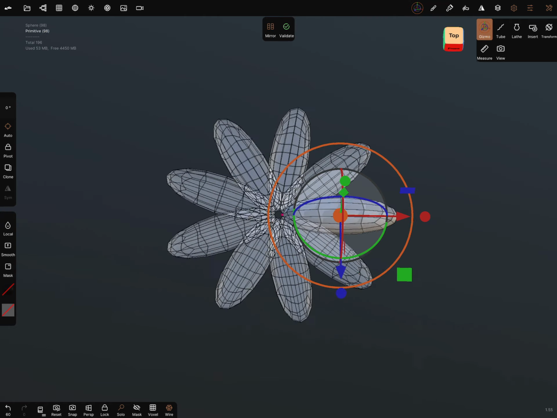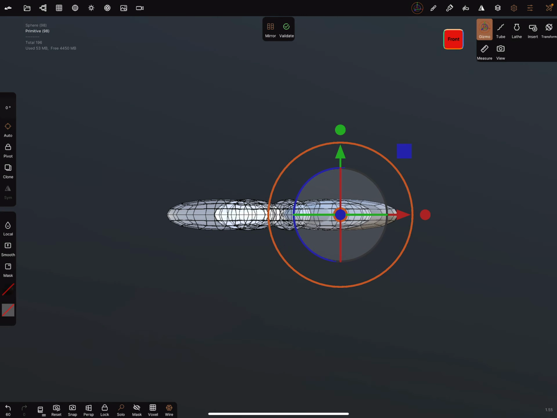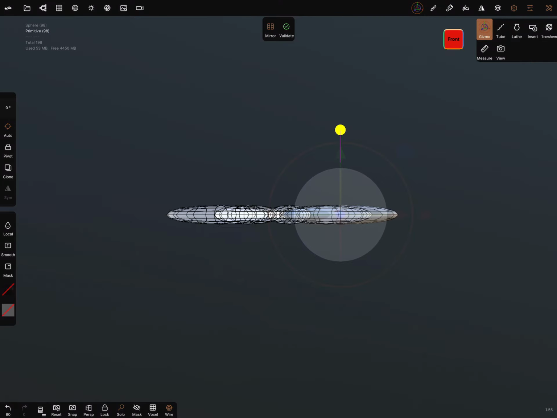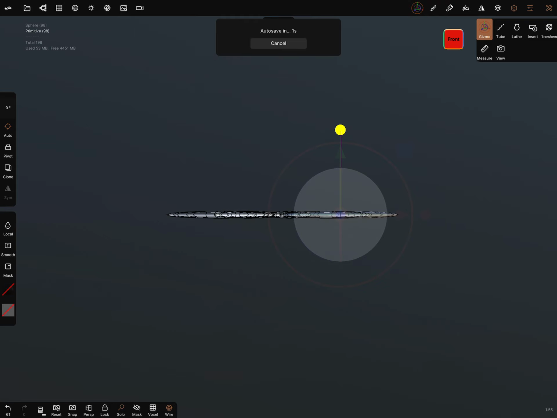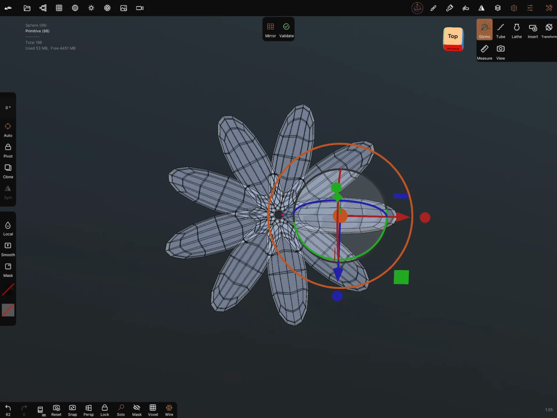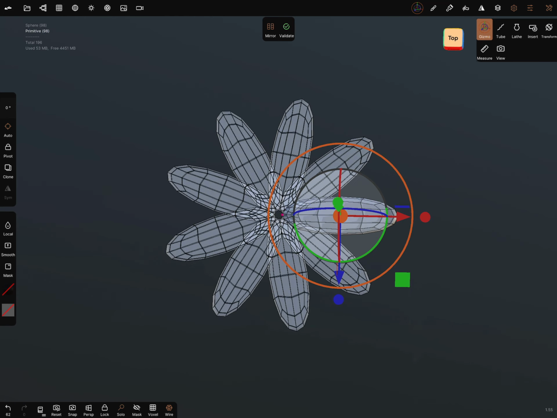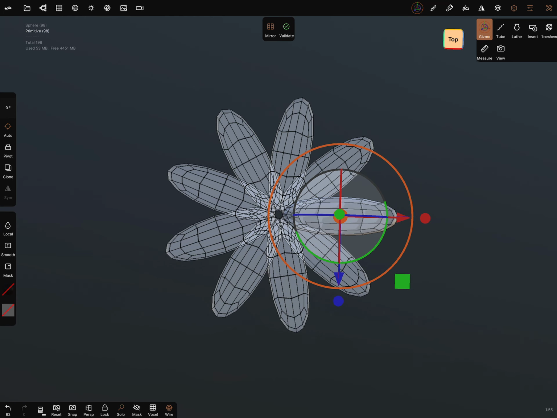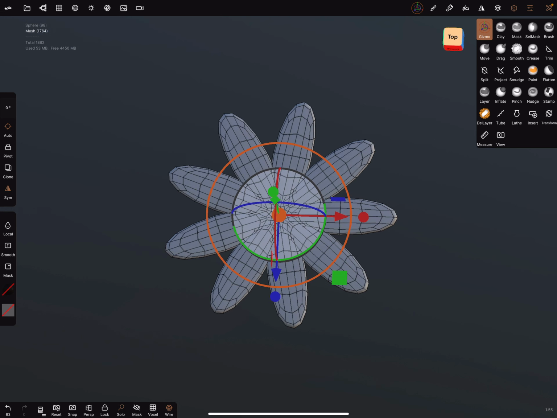Now we change the view to the side view or front view, and we can bring the scaling of the green axis with a green ball to this. Now we got this form. I'm fine. Okay, I validate this.